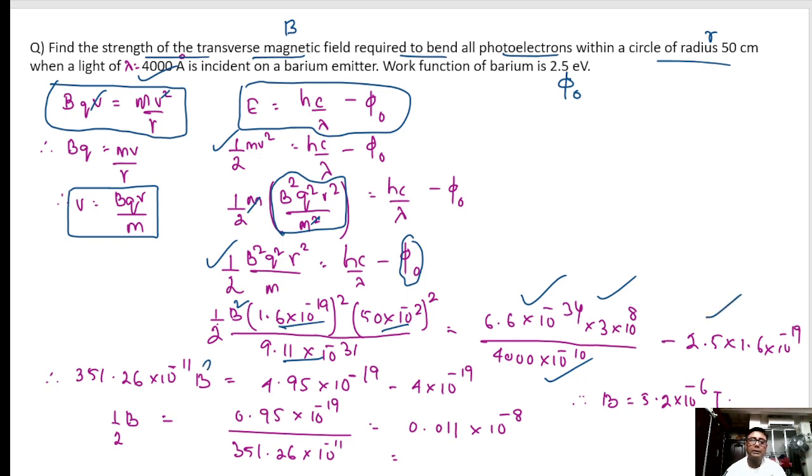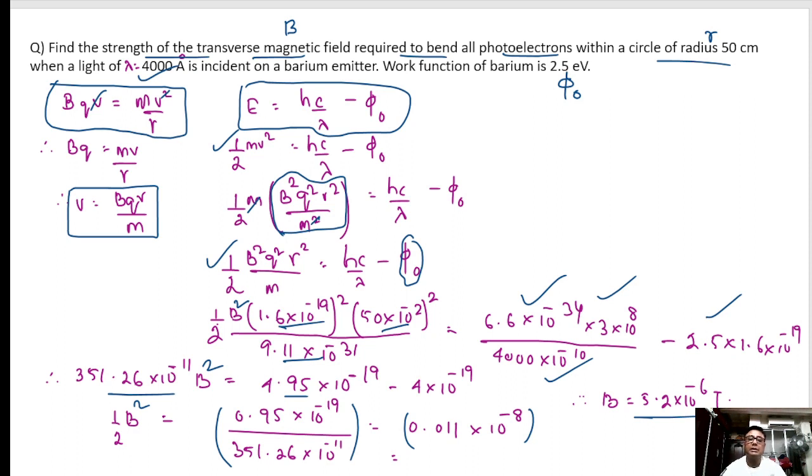So calculating this, we found the B square is coming this. So B square will be 2 into this, so B will be root over this, which is the value of this. So this is the value of the magnetic field required by the photoelectrons to make a circle